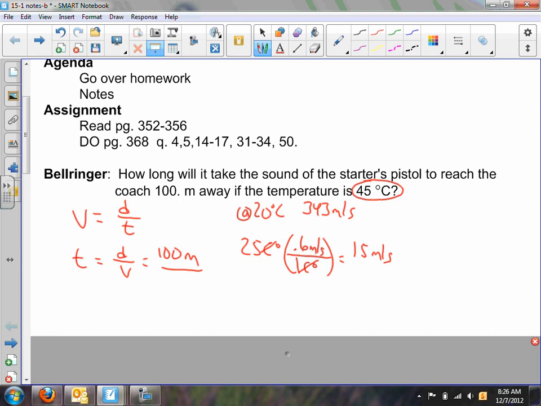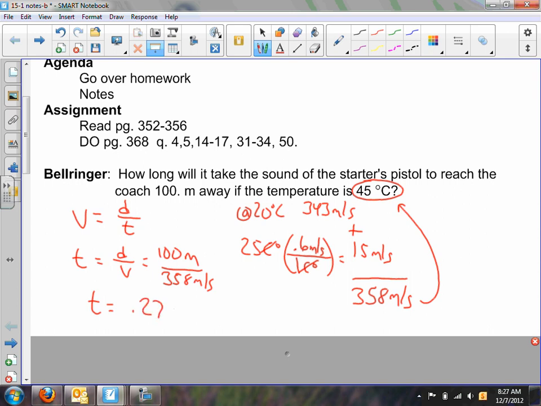So you have to add these two together, and our new speed of sound is 358 meters per second at 45 degrees Celsius. We take our 100 divided by 358 meters per second, and when you do that, 100 divided by 358 will give you